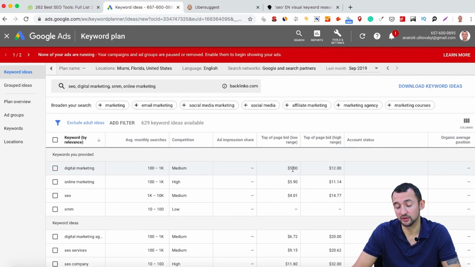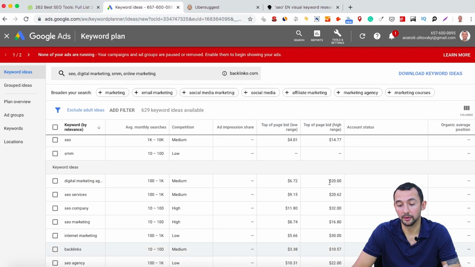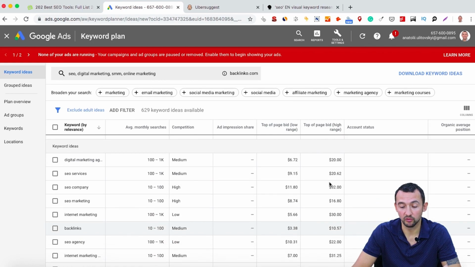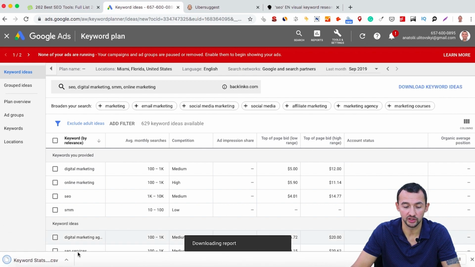What I like here is the average bid for Google Ads and the maximum payment for Google Ads. You can use this data to analyze the commercial intent of these keywords. If advertisers pay this money, that means they can earn. You can download all this data to Google Excel. Just click here and you will get all this data in CSV format in your